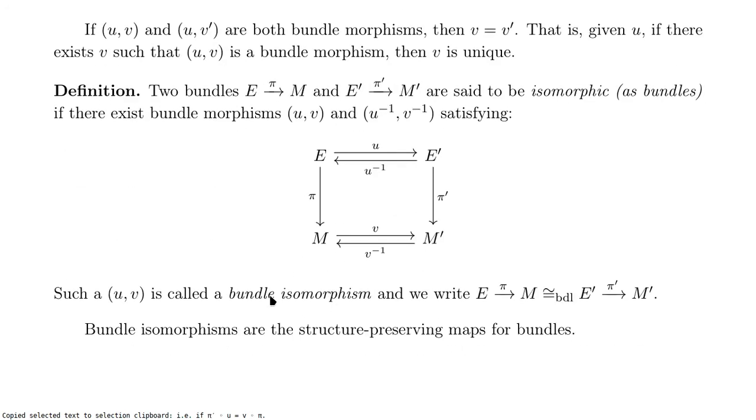Now, as you can expect, we're going to have some kind of equivalence, not relation, equivalence kind of mapping, right? Isomorphisms. So if you have two bundles, then they can be said to be isomorphic as bundles if you have two pairs of bundle morphisms, UV and their inverses, and they satisfy the diagram as one would expect, right? So you have U and you have the inverse in the opposite direction, V, and V inverse in the opposite direction, and